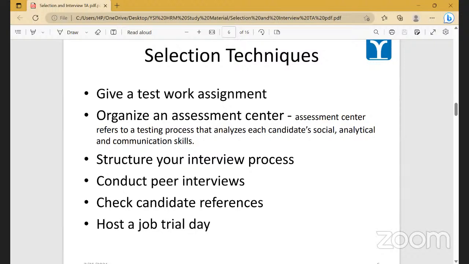Right? Assessment center again for different positions can be created for different things on the basis of what kind of roles and responsibilities somebody will have to handle. Right. They are called assessment centers because the set of questionnaires and the situations that we put in this particular thing can differ from one role to another.